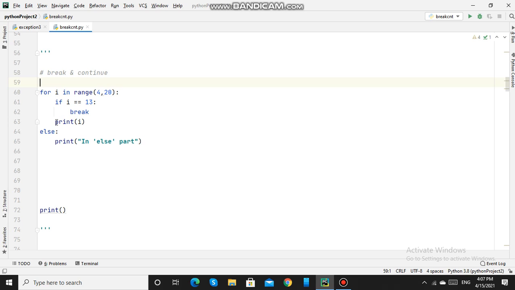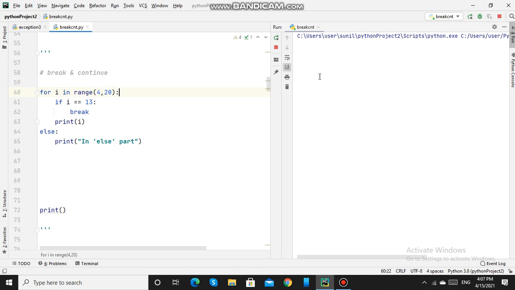That means this statement print i will be executed only for values of i from 4 to 12. When the value of i becomes 13, it will break out of this for loop. And because of this break, it was not the normal termination of the for loop. So this else part will not be executed.